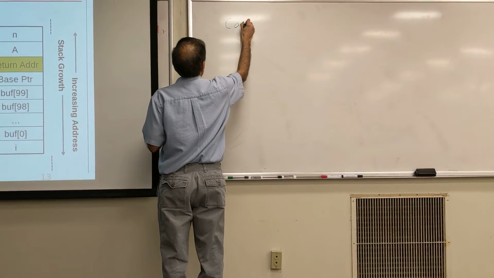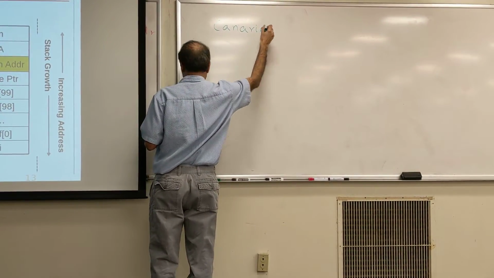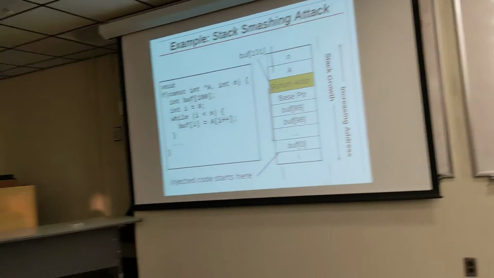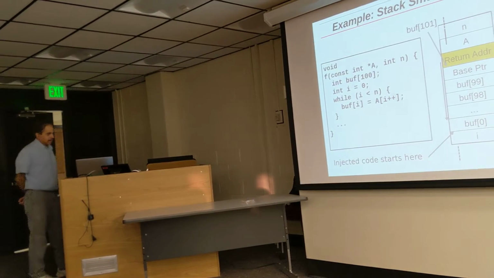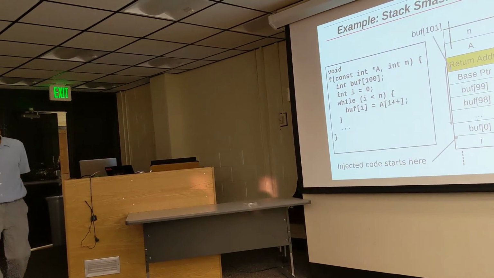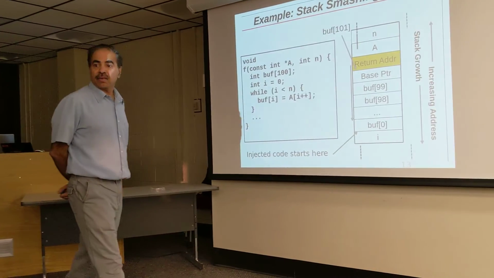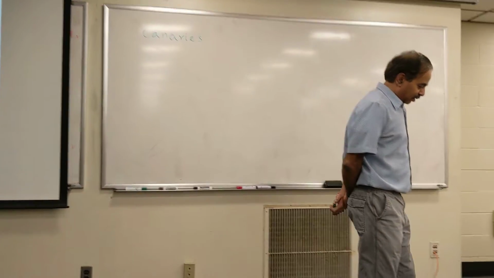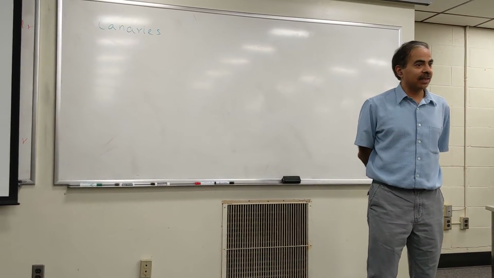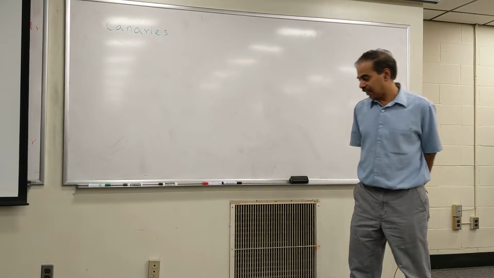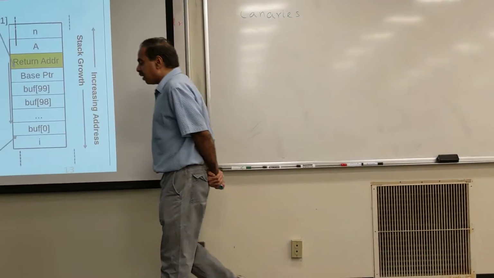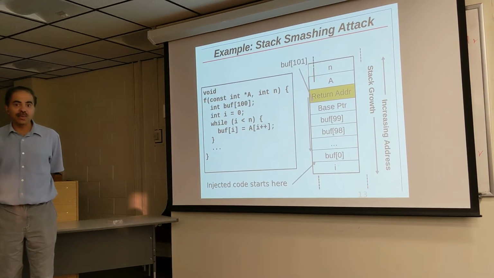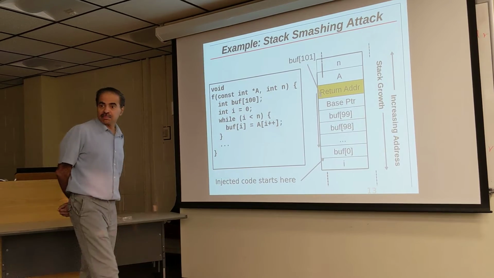So the first popular solution is called canaries. You might have heard of a canary in a coal mine, right? It's something that you think of as something that you sacrifice, in a sense, right? By checking if this bird died in a mine, you will know whether there are poisonous fumes, right? So in the case of